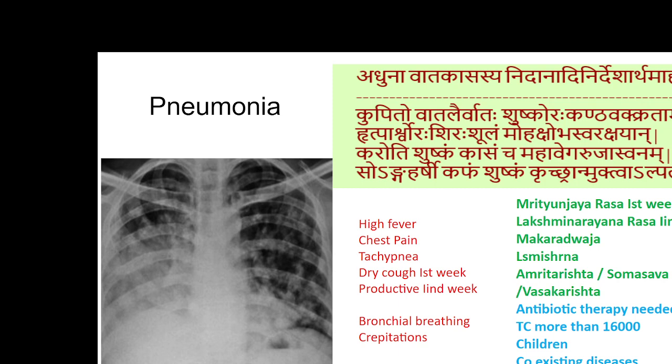Now, pneumonitis is characterized by high fever. It presents in 3 stages: the initial stage of consolidation, then the stage of liquefaction, then the stage of resolution. In the initial stages, there would be high fever and pain in the chest, pain due to involvement of the parietal pleura. At the area where the pleura is involved, the patient would have pain, and a hacking, dry cough